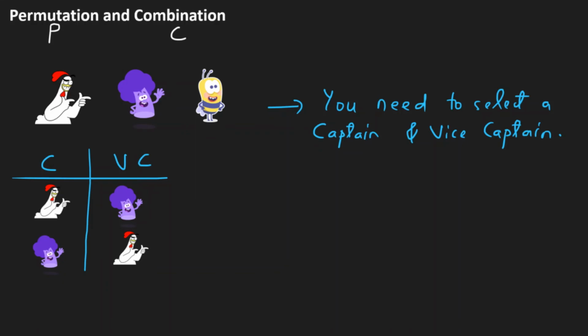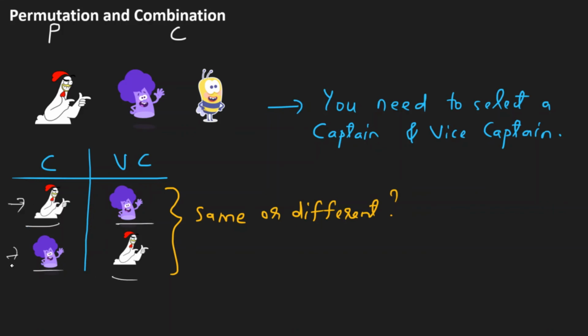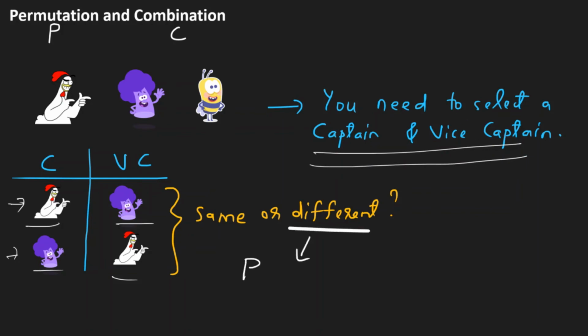Now we need to ask ourselves whether these 2 ways of selecting a captain and vice captain are the same or different. Over here you have hen and broccoli. Over here also you have hen and broccoli, right, in these 2 instances. But you will see that in instance 1, hen is the captain, and in instance 2, it's broccoli that's the captain. So you will agree with me that these 2 ways of doing this selection are different, right? And it is in these type of cases that we use permutation. Alright, we go on building an intuitive understanding of the same.